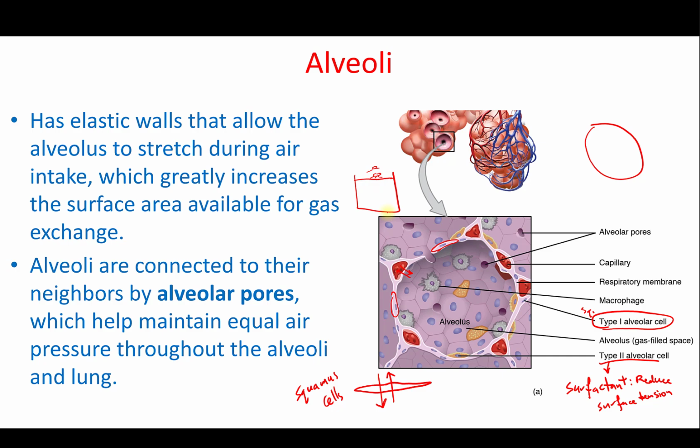Now, if we have this surface tension, of course, the alveolus is not a dry membrane. It's filled with mucus. If we have this surface tension high, even gases, oxygen for example, will not be able to attach to it. Think of it, the oxygen molecule would bounce off the mucus because the surface tension is high,